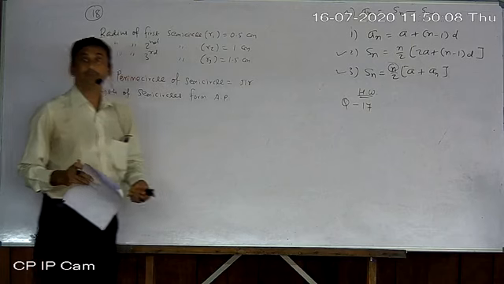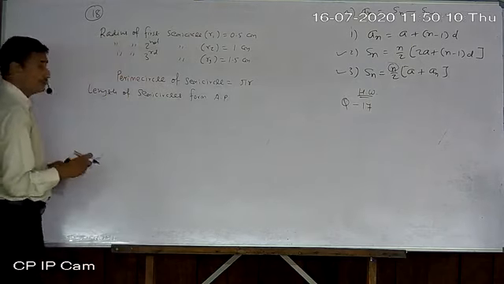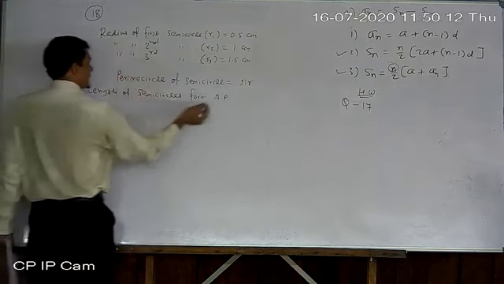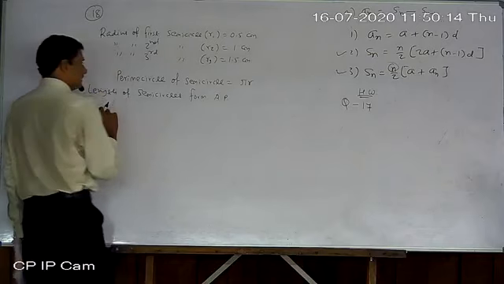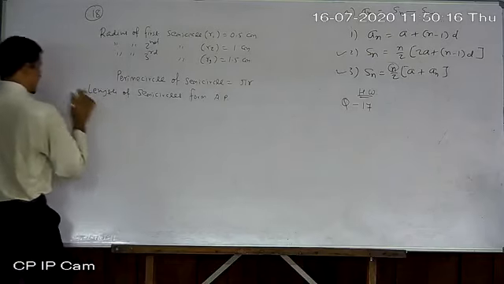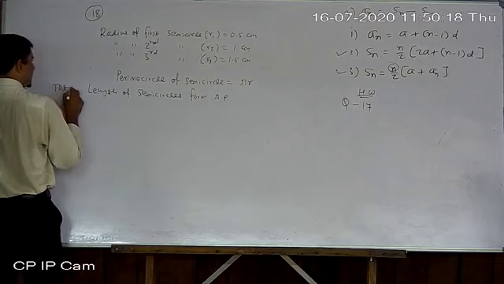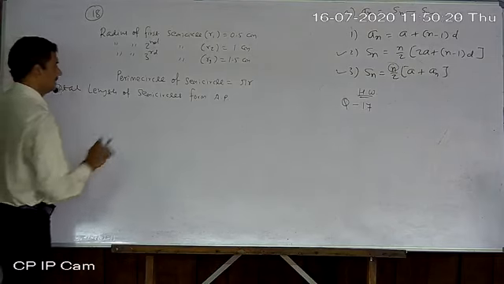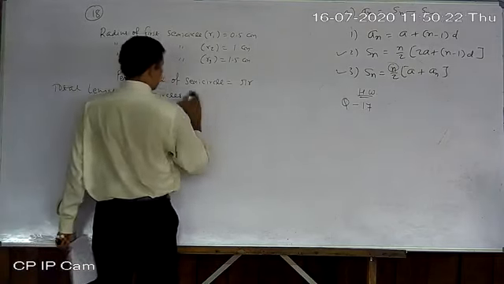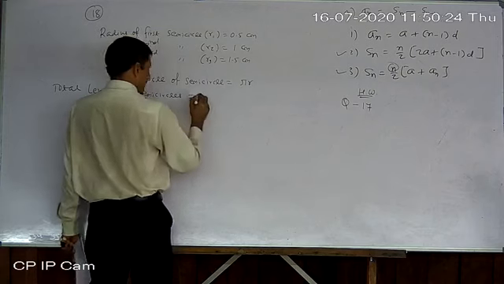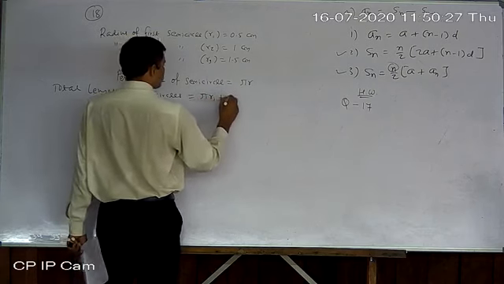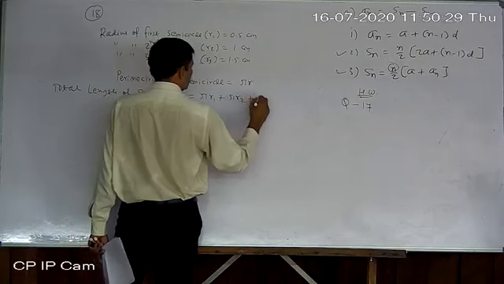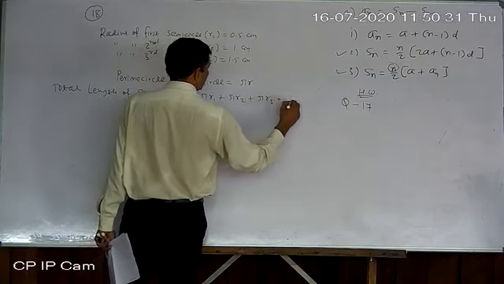So pi r1, pi r2, pi r3. It will be the aggregate total of these. Total length of semicircles: pi r1 plus pi r2 plus pi r3, like this up to